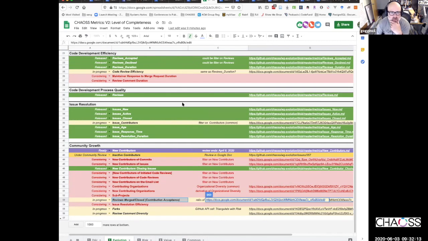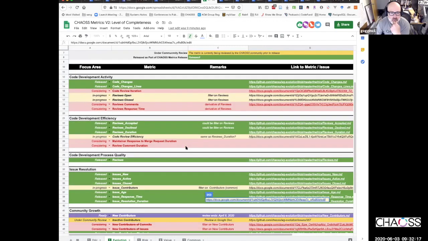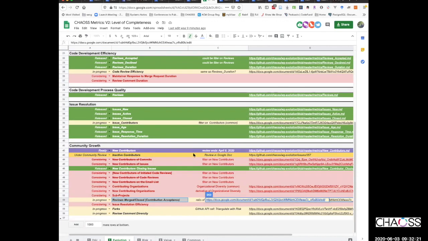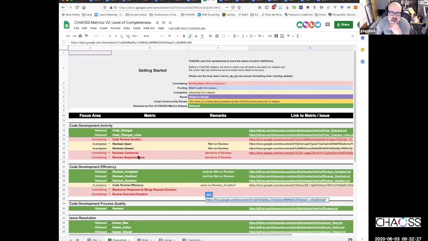So there's probably development activity. If we're doing the ratio, I think it's about growth, because we've already got code line changes, code review iteration, review comments, review response time.